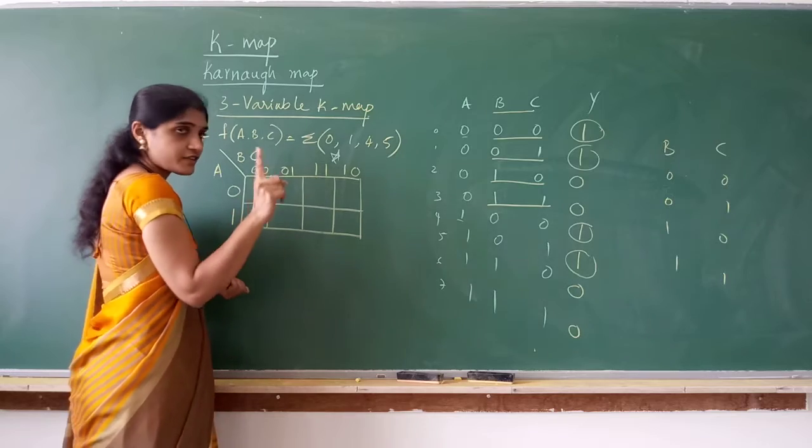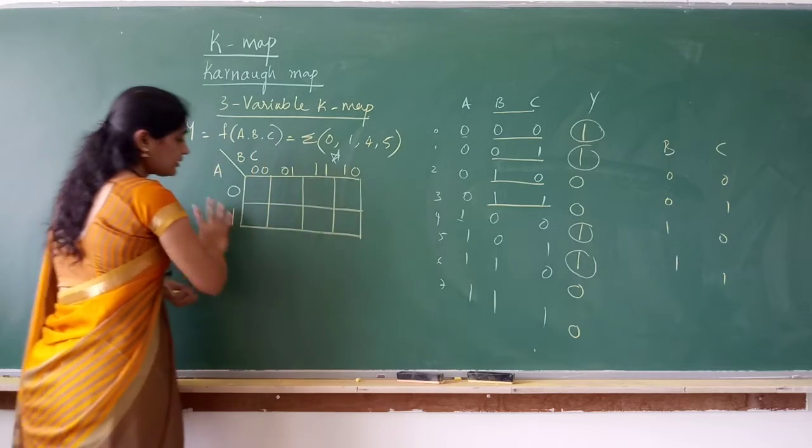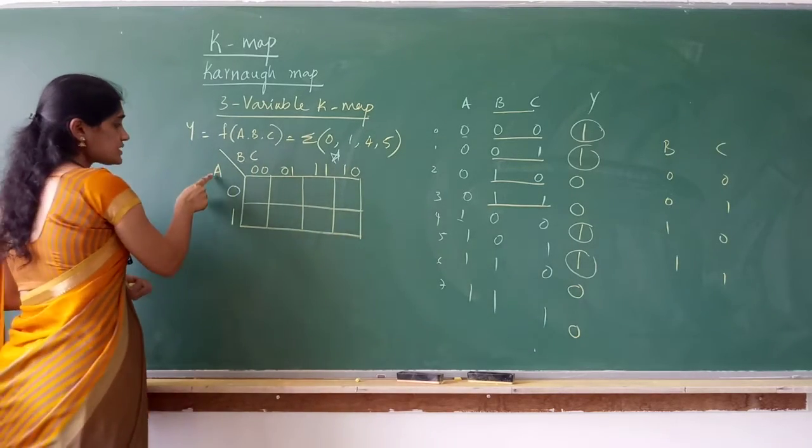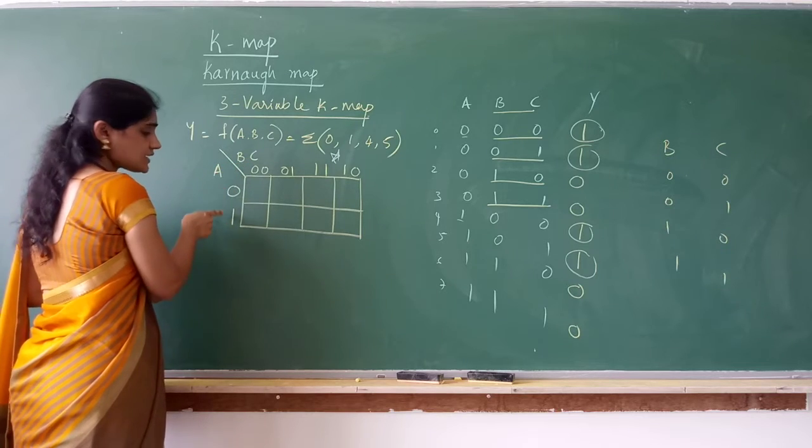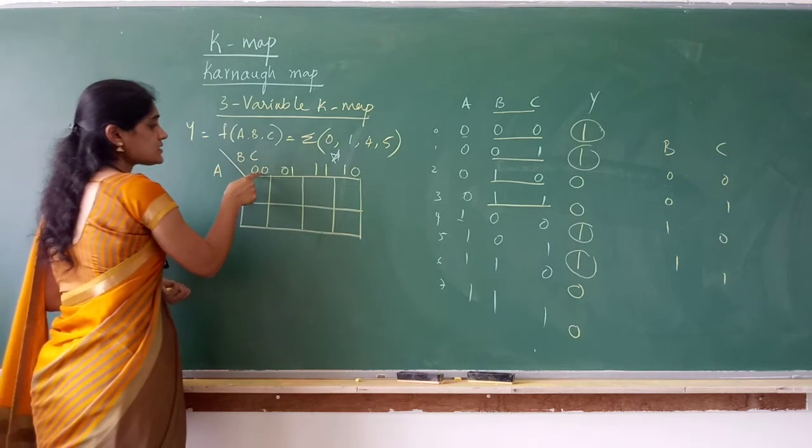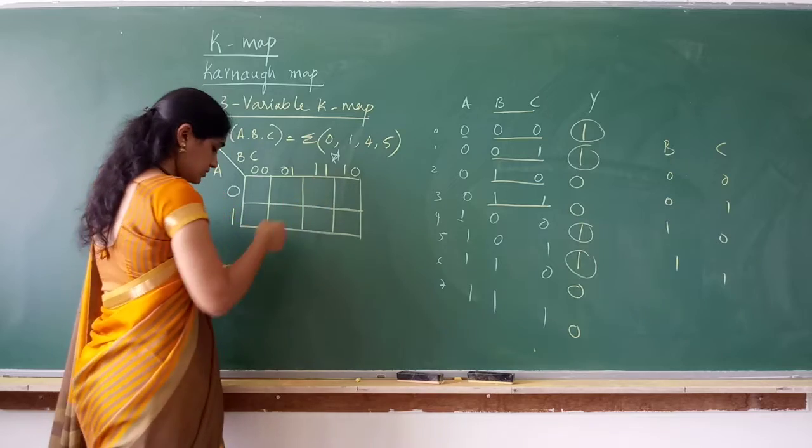Okay? This is the first step. Writing the K-map is the first step. So this is A, B, C. A can take 0 or 1. B, C can take either 0, 0, 0, 1, 1, 1, 1, 0. Now,